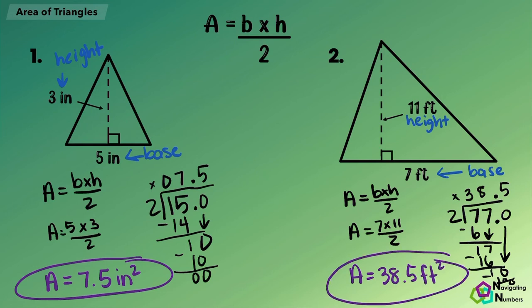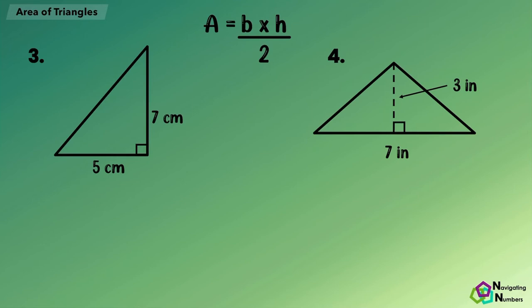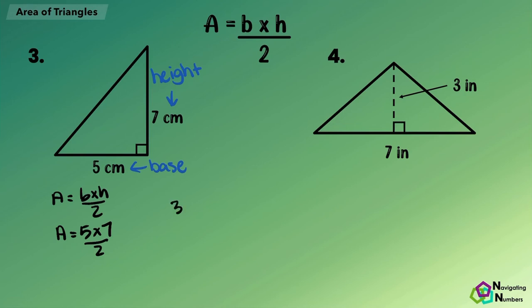All right. Let's take a look at a couple more examples. We have a triangle with a base of 5 centimeters and a height of 7 centimeters. Now this is similar to that example that we were doing, except now we're working with a triangle with dimensions of 5 and 7. To find the area, we multiply the base times the height and then divide by 2. So that means we're going to multiply 5 times 7 and then divide by 2. 5 times 7 is 35. So 35 divided by 2